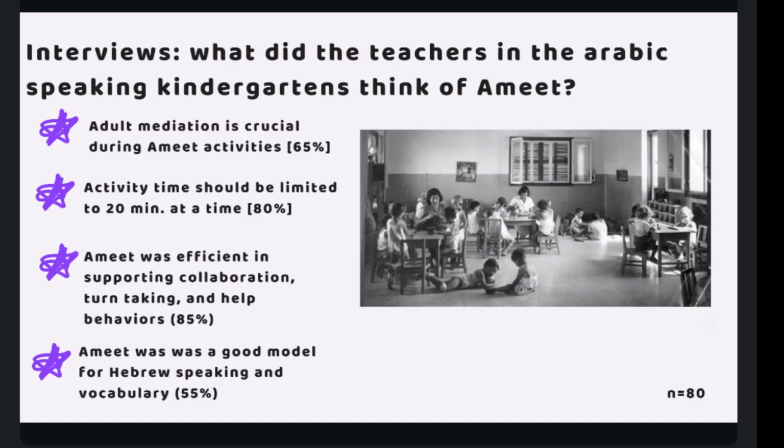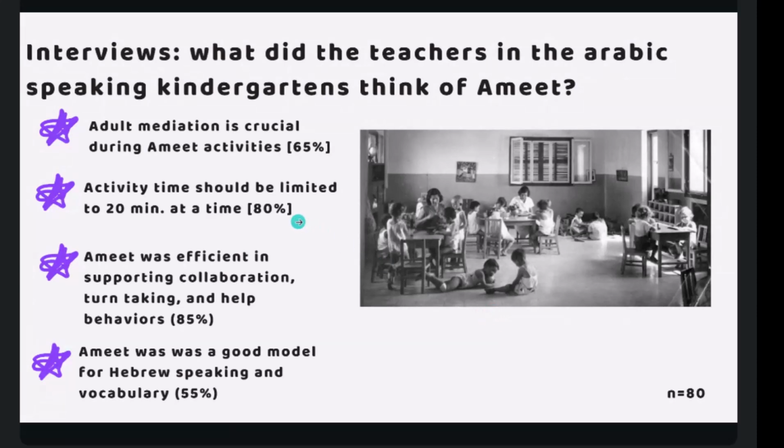It really led to better sessions, better interactions with Amit, where kids were more interactive and more committed and followed the interaction rules that we told them.